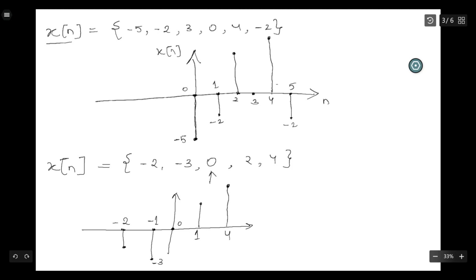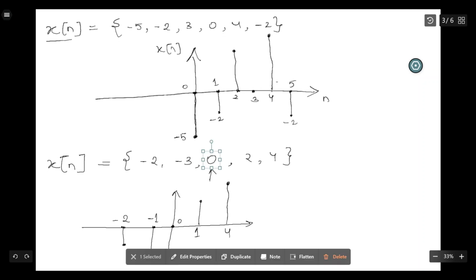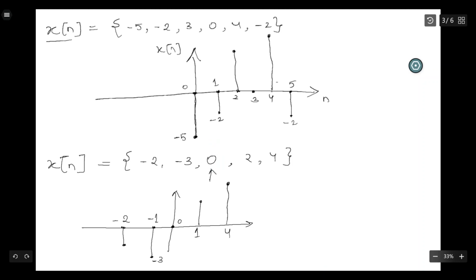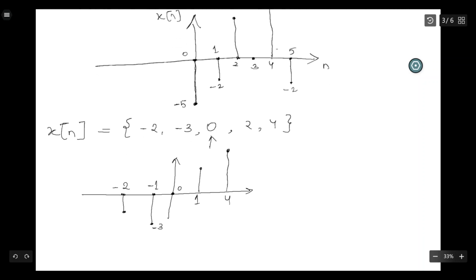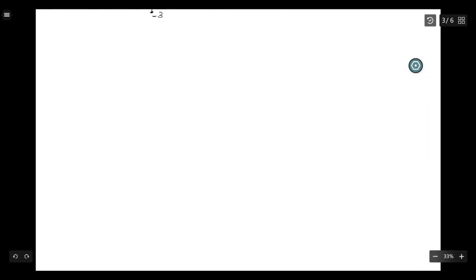So this is the graphical representation of a discrete time signal, where we have seen two different plots. If an arrow is not given, then we will consider the first term as the origin of the signal, and it will continue likewise. And if an arrow is given, then this will be the origin of the signal, and the next terms will be on the negative half of the waveform, and this is on the positive half of the waveform. Now moving on,